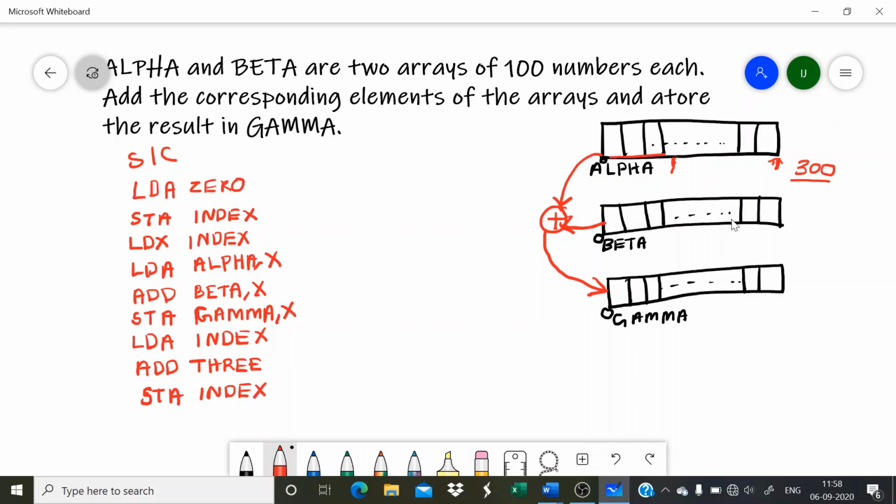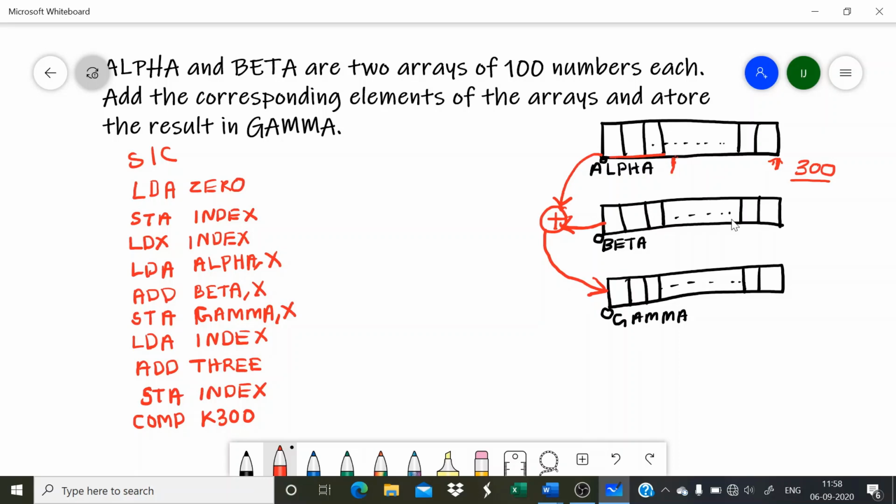Again we have to repeat the same process, that is looping. So before repeating the same process, we have to compare whether we have reached 300. For 300, I am using the variable name K300, which means the constant 300. If it has not reached 300, that is less than 300, we have to repeat the same process again. So that means we have to do the looping.